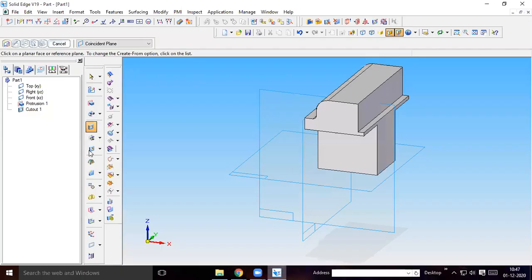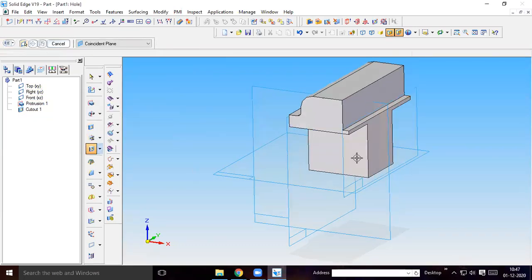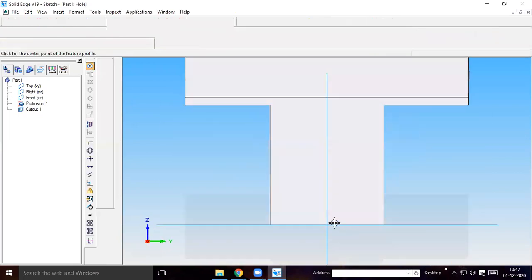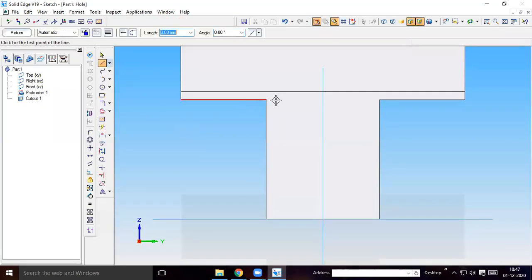What you have to do is select the hole option, not normal cutout. It is a threaded hole. Select the hole option. Select this face, from the center here, or else from this end it will be 27. From here it is 27, so from here it will be 18. 45 minus 27 will be 18. 18 mm at 90. If you check the dimension, it will be 27. So here you need to locate.